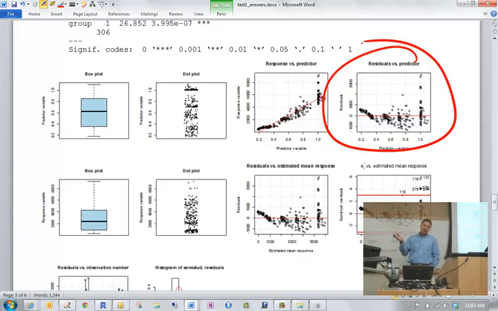But you have to be careful, and I mentioned this with the last project, you have to be careful what you mean by a pattern. If you are talking about the fact that the variability in these points on the right side is a lot bigger than on the left side, that's not what you're supposed to look at with this kind of plot. Rather, what you needed to say was that there appears maybe to be some kind of trend,